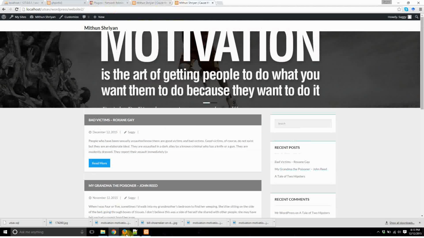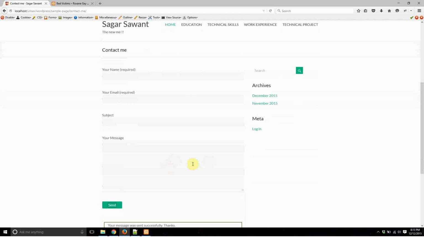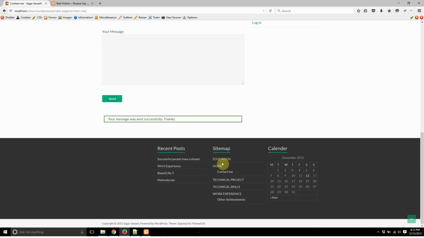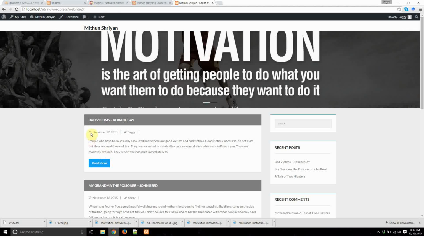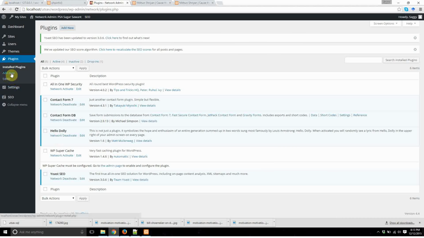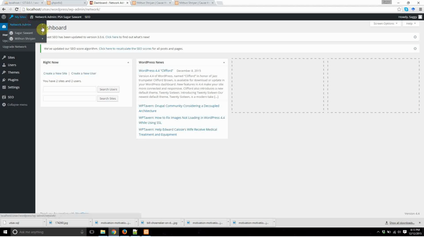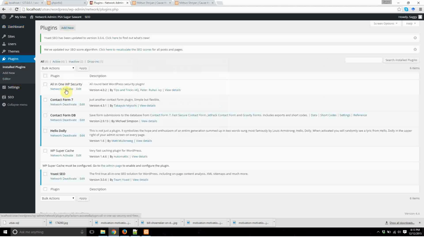This is the same plugin which we've been using. Then there is a sitemap, then there are calendars. So it is pretty easy using this WordPress framework. And by creating this network admin, by allowing the multisite variable, you can have unlimited websites on your server. But to be on the safer side, you do not want unlimited websites, so it's like just one or two. The best thing is you can directly activate or deactivate the plugins and all the stuff